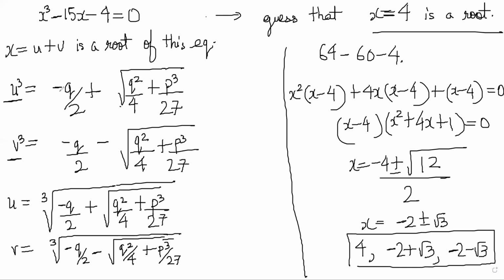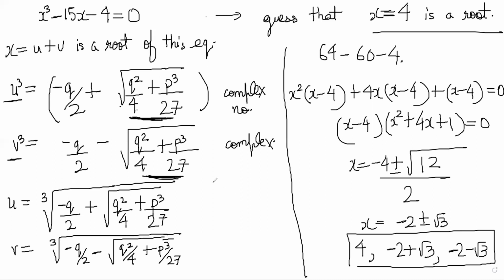This quantity could have been negative, right? No, actually negative is not a problem. This quantity could have been a negative quantity, right? If this quantity is negative, the number here is a complex number, basically q square by 4 plus p cube by 27. If that quantity comes as negative, you get a complex number for u cube and v cube. If it is a complex number, taking a cube root is not very straightforward. So cube root is not just putting a cube root here.